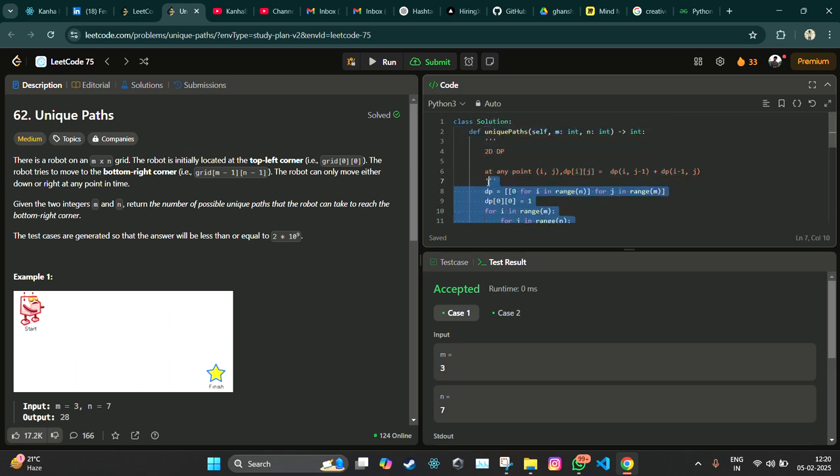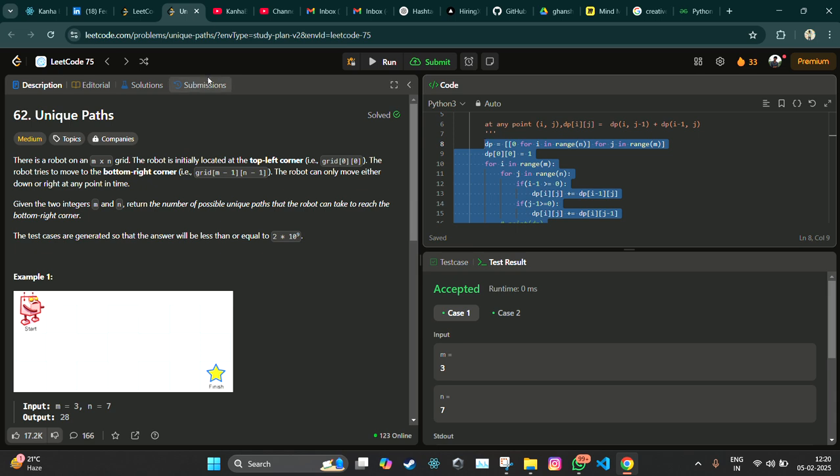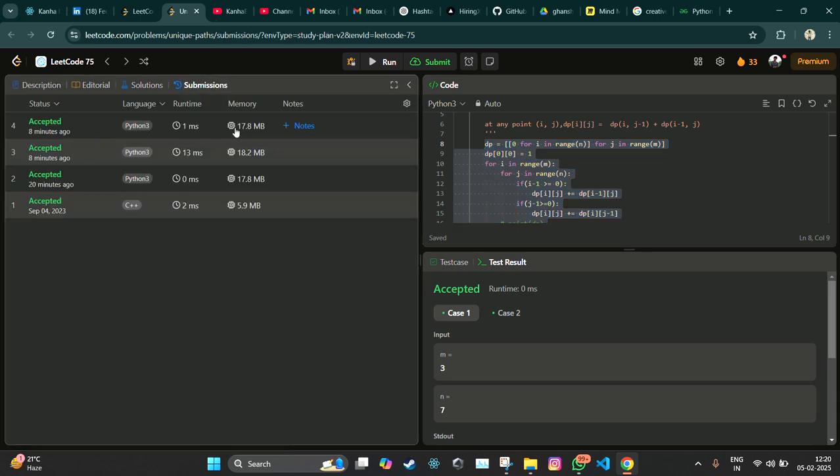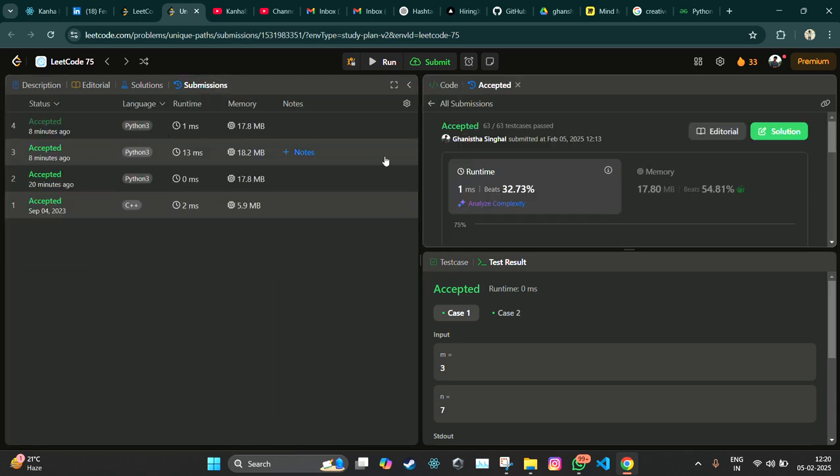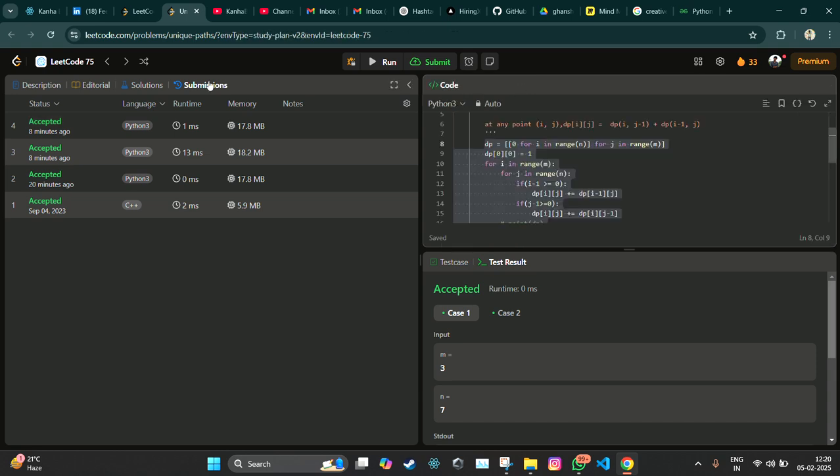So this is the 2D dp approach, and I have solved this problem using this approach with 37% beat, 32% beat. Okay, now